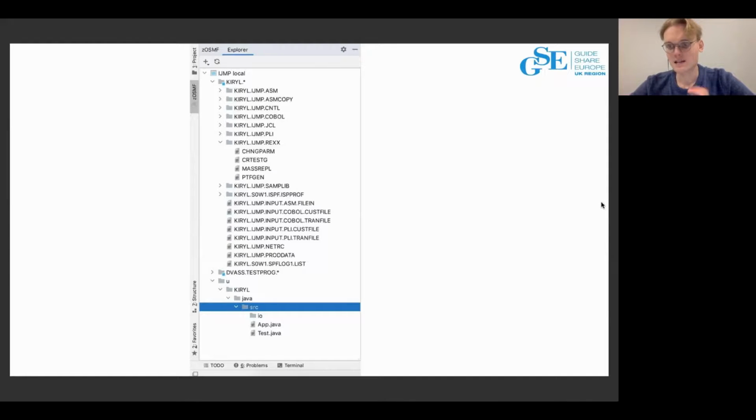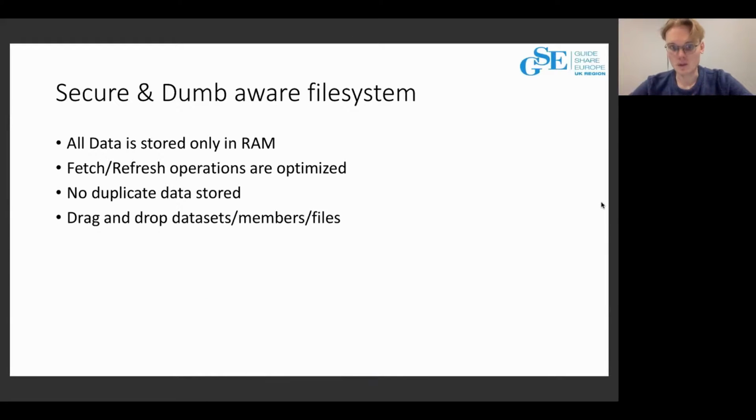What does file system mean? It is the way we store the mainframe users' data on the computer, and how IntelliJ handles this data. There are four points I would like to show you. The first one is very important for us: all data is stored only in RAM.